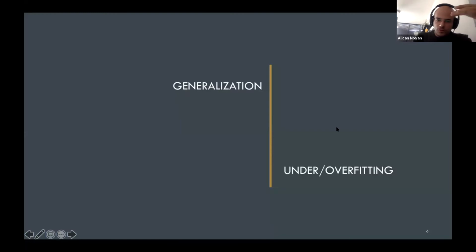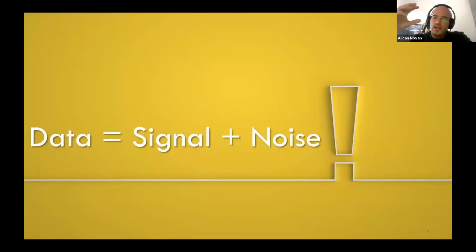So let's move to the discussion with machine learning. What is data, what is signal, and what is noise? Because the fundamental challenge is this: generalization. Generalization is the fundamental challenge in machine learning. So we see these failures due to under or overfitting mostly. It doesn't generalize well, these models. So why? I want to explain this instead of abstract definitions. I want to explain this using an example.